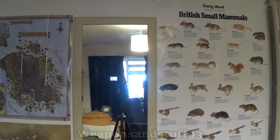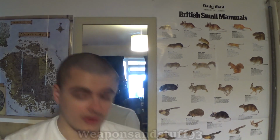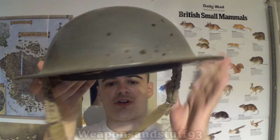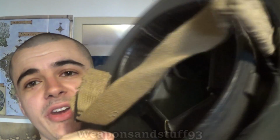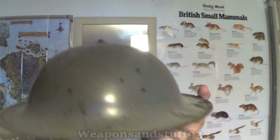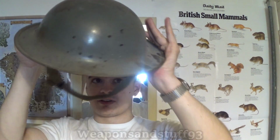And lastly, we have this. I think this is a Mark II Brodie as far as I'm aware. You know, the very old ones, covered in cobwebs as well. Also interesting, apparently these have an asbestos liner in, so this is another thing that Britain loved putting asbestos in. No idea which way would be the front of this helmet and which would be the back, but